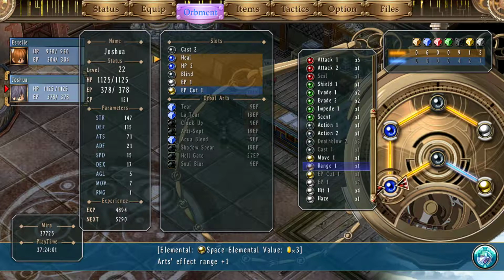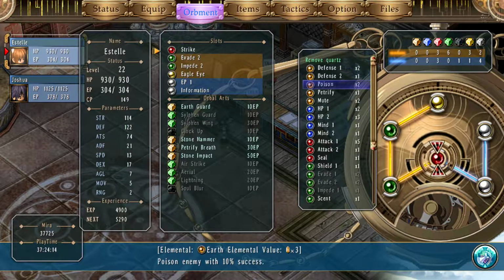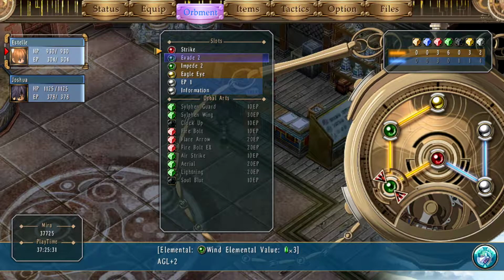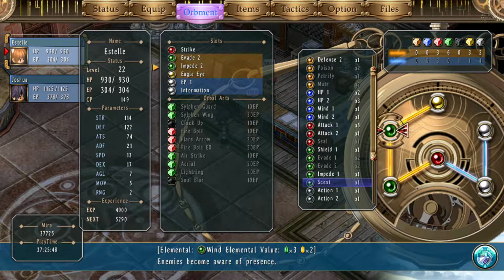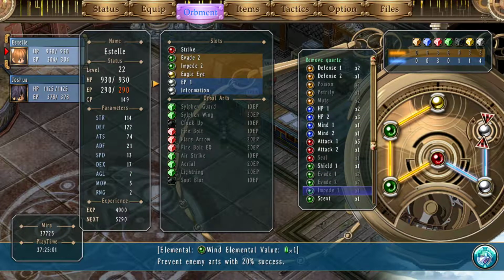Effect range increase. Interesting. Could up her attack, but lower her defense. I don't know. I was complaining about her attack being so low, but that's not really how I want to address that problem. Plus, the random crits are pretty nice. Do you have any other cool wind stuff? 1-1-3 scent. Oh, this makes us bigger targets. Max EP plus 5%. If we went, instead of this, if we went...